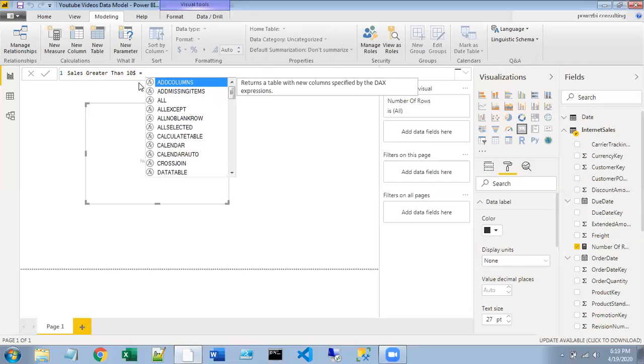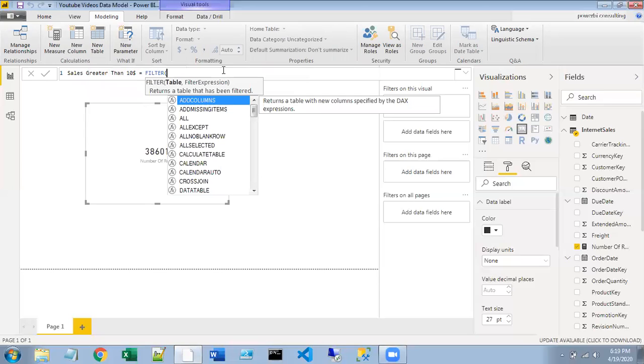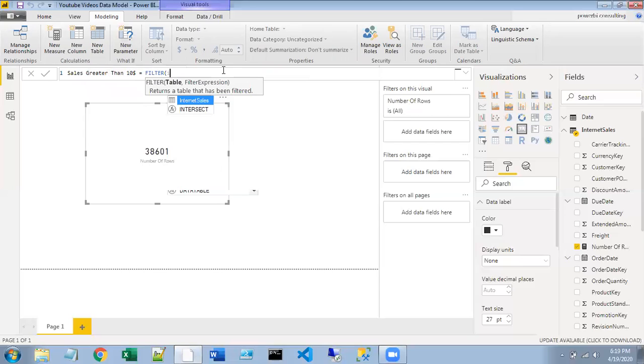Here you have taken a new table from a DAX expression. Our expression is Filter: I'm filtering a table called internet sales based on the condition sales amount greater than 10. That's it. This is a valid expression as you have taken a new table option from the modeling menu. If you had taken new measure, this would be an invalid expression, as a measure expects a scalar value to be returned out of your DAX expression evaluation.